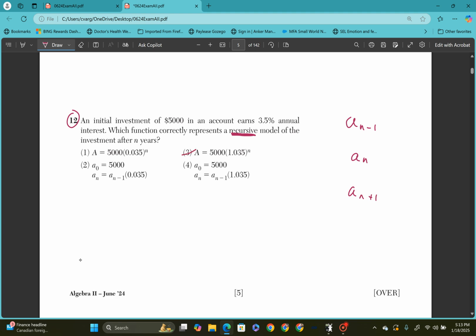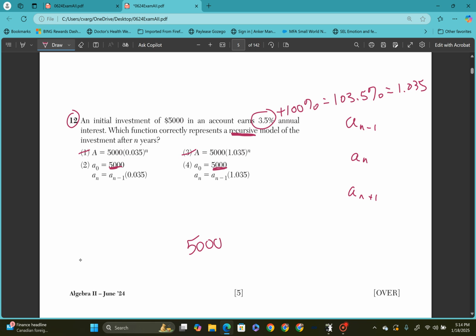So 1 and 3 are not even recursive, so they are wrong. And then it says the initial amount is 5,000, which both of them say. And then it says in an account that earns 3.5% annual interest, right? So this 3.5% gets added to 100% because it's growing. So that is 103.5%, which as a decimal is 1.035. And so since it's growing, the $5,000, you're going to take 5,000, and to get your next number, right,